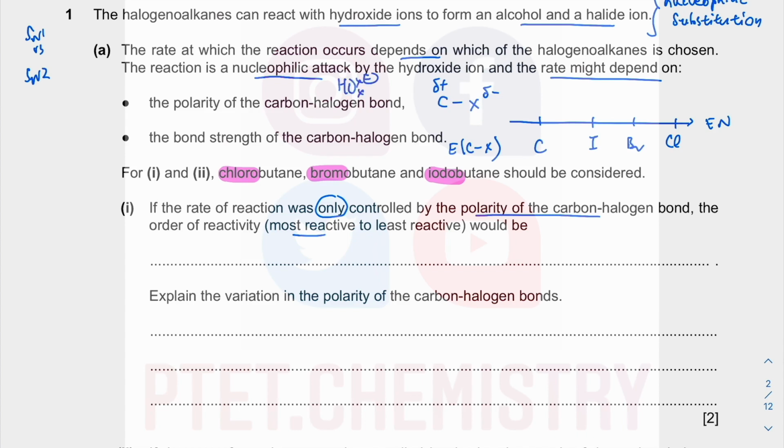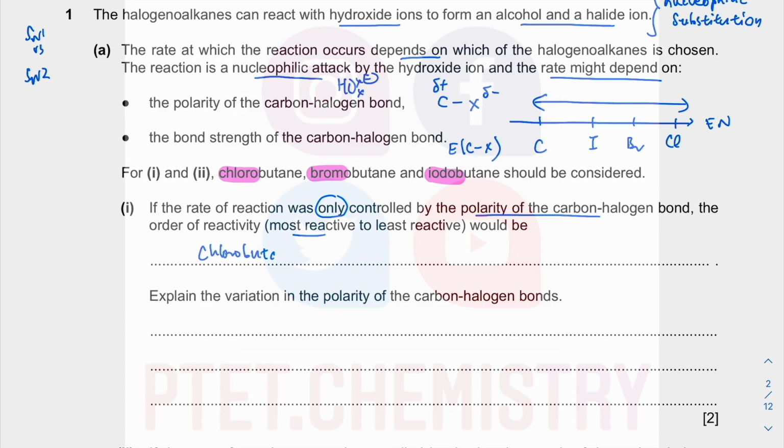The negative charge is on the oxygen, but the nucleophilic attack means you have a lone pair on the oxygen. They will attack the carbon. So the more delta positive the carbon, as a result of the bigger electronegativity difference between the carbon and the halogen atom, the more this one will be attracted to attack this one. Okay, so the most reactive, we will expect it to be the one where the difference is the biggest. So that will be the